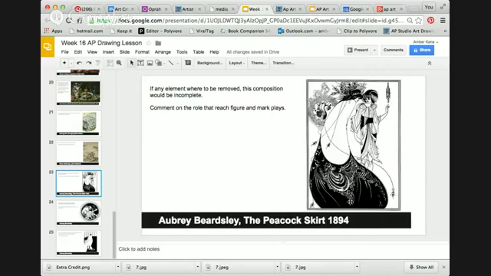Okay, so Kaylee says it would feel unbalanced. Most definitely it would. We would have too much empty space. This big peacock skirt that's overlapping this figure helps the figure no longer seem like they're floating. If this skirt was not here, this figure would be floating, because their legs most definitely are not long enough to go down here, and there's really nothing to imply a ground. So this overlapping just makes us think, oh, maybe something's back there, but we don't see the feet,